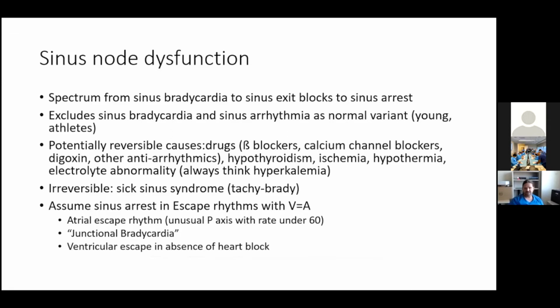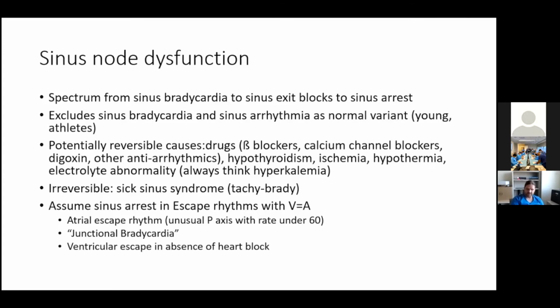Sinus node dysfunction incorporates a spectrum from sinus bradycardia to sinus exit block to full-on sinus arrest. Usually when we talk about sinus node dysfunction, we're not mentioning just sinus bradycardia or sinus arrhythmia that are normal variants in either young or healthy people that have high vagal tone. There are some potentially reversible causes of sinus node dysfunction, including drugs that block the AV node, hypothyroidism, ischemia, hypothermia,